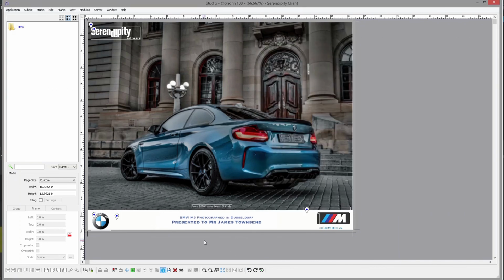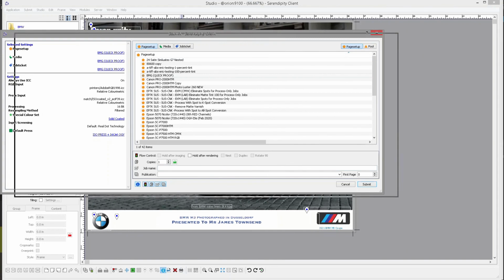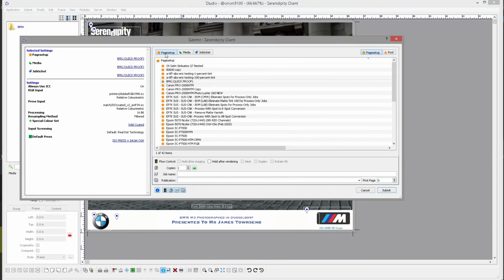Now the job is ready to be sent for printing or output. I'm going to select the print icon here in the toolbar. It's also available in the studio menu at the top. So if you select print, the submit dialog box will appear and you can select your page setup, media and job ticket combination. I will be outputting to a file